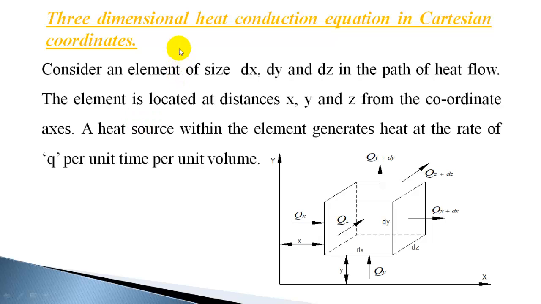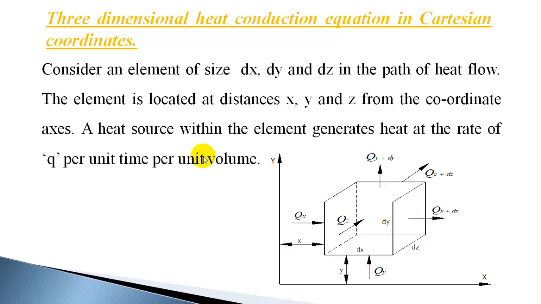Generally, conduction may be one-dimensional, two-dimensional or three-dimensional, depending on which direction the temperature is changing. If the temperature change occurs only in the x direction, and in the y and z directions no temperature difference exists, the conduction will be only one-dimensional. Or if the temperature varies in two directions, heat conduction may be two-dimensional. Or if the temperature varies in all three directions, the heat transfer will be three-dimensional.